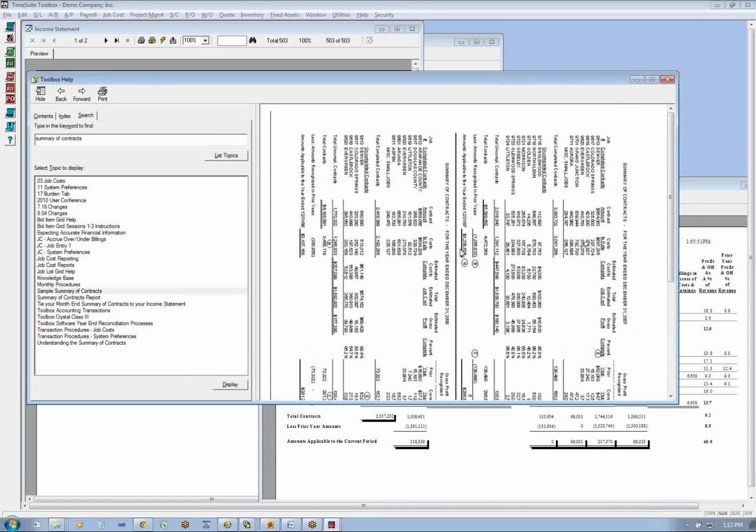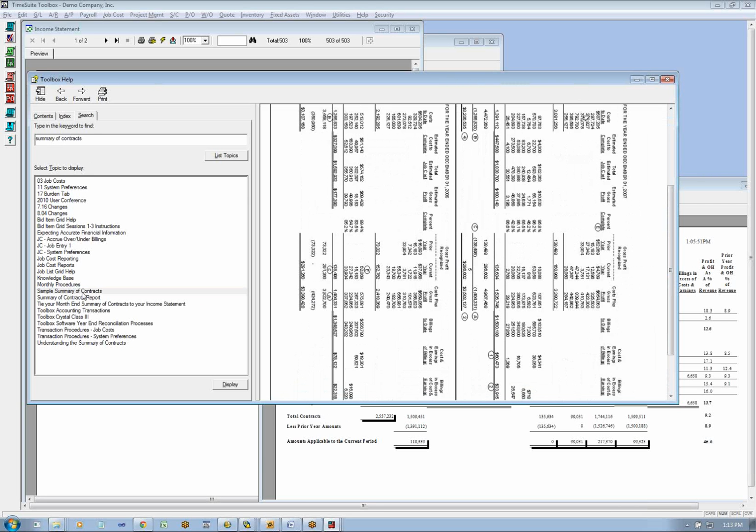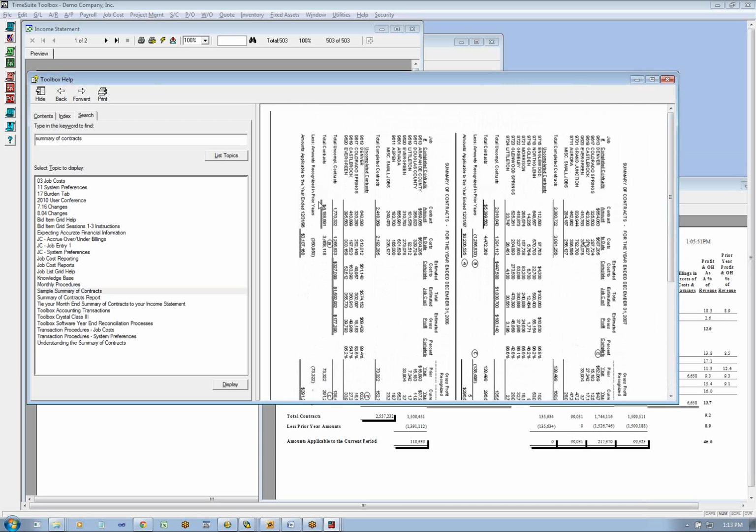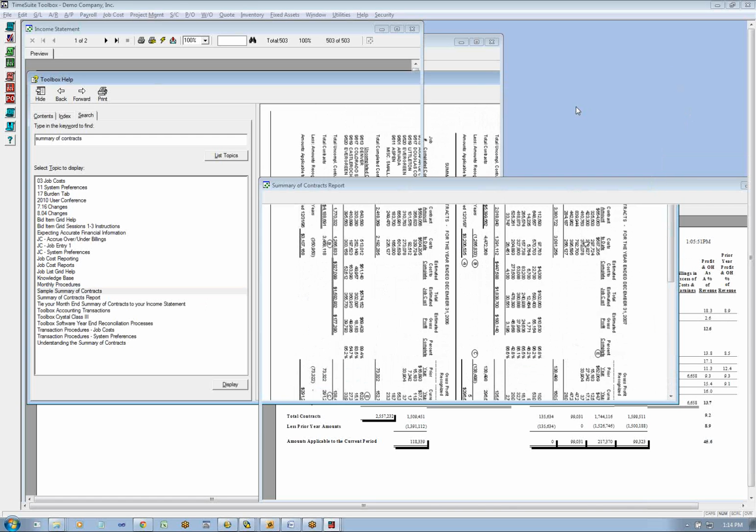This is the 2007, 2006, so current year, prior year. They do tie together. There's numbers, and we cover this in the user conference in a little more detail. But there's a balance sheet and an income statement sample, too, that kind of goes with this. In the user guide, they're all kind of right next to each other, so it's easy to see. And in that cost control webinar, we actually ask you to print it out and study it.